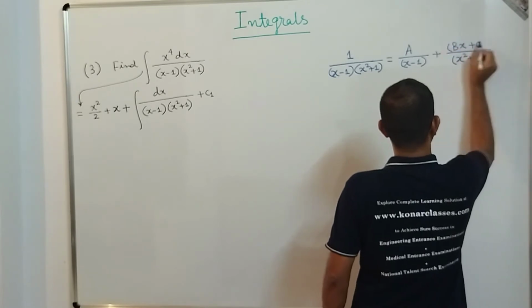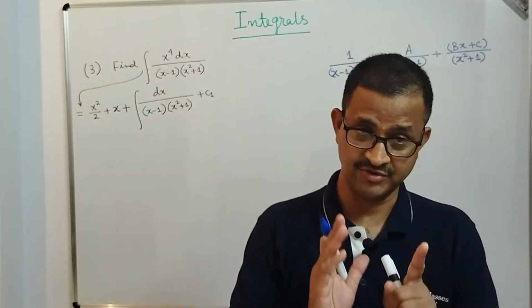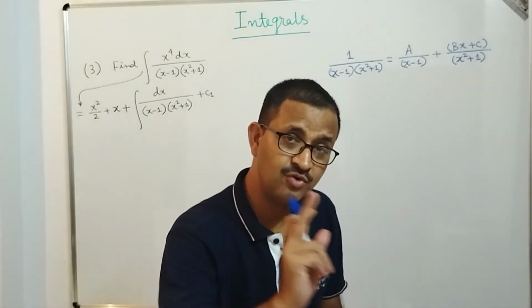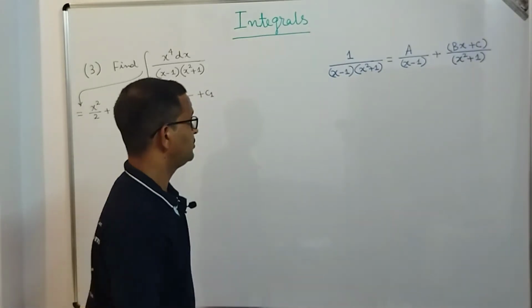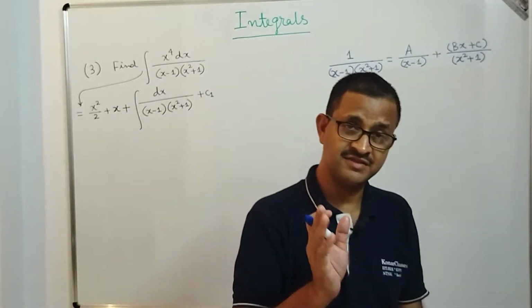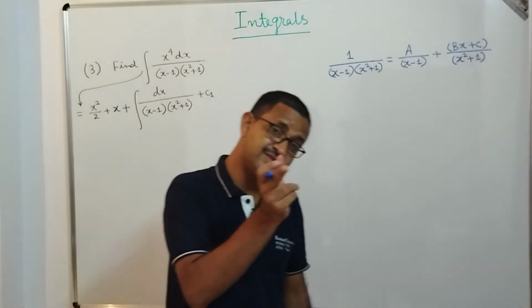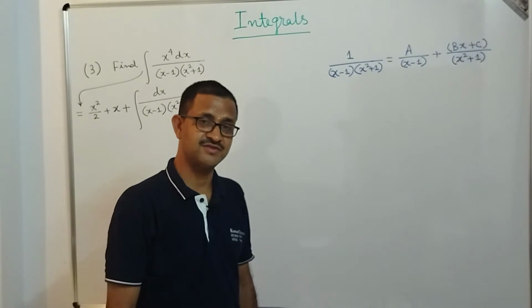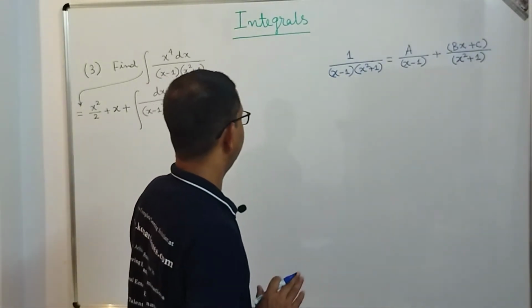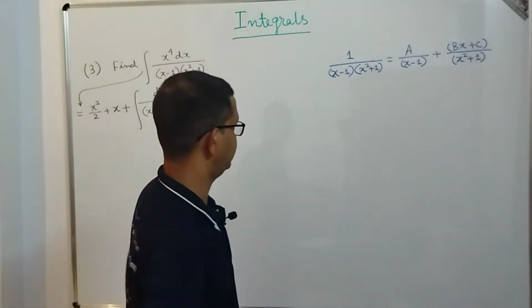Okay, where capital A, capital B and capital C are real constants, and our purpose is to find the value of those real constants. So what to do? I am not discussing partial fractions in detail. Those who are new and just looking at this session now, please look into the partial fraction session which is available in the previous sessions. A few sessions earlier I discussed that.